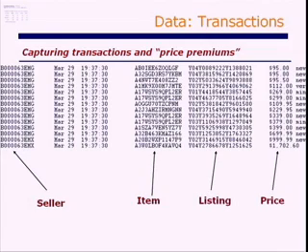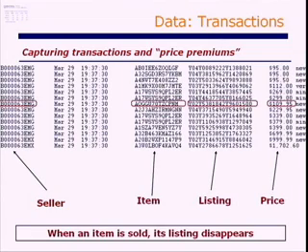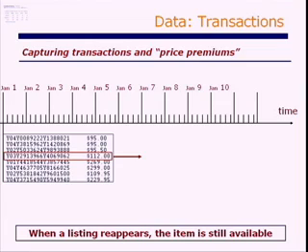And this is important. If a seller lists a particular item, the item is sold, and then the seller says, okay, I've got 1 more of these, let me list it again, you'd have the same seller ID and the same item ID, but the listing ID would be different, even if it was the same seller selling the same product. And once a product is sold, the next time we get the feed, that listing no longer exists.